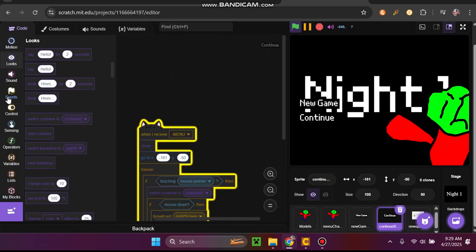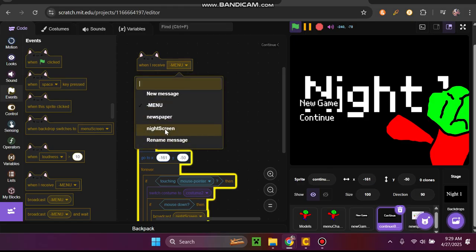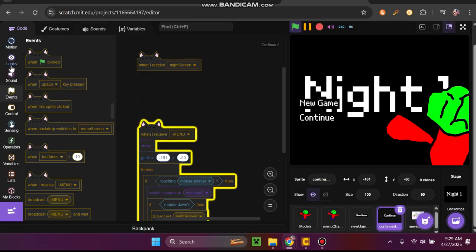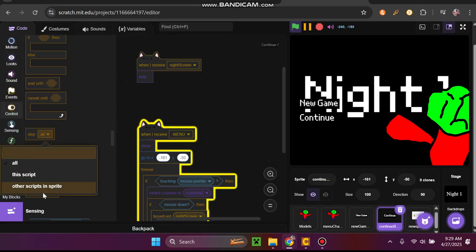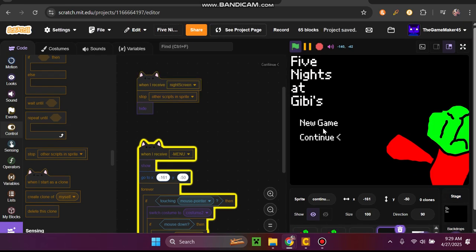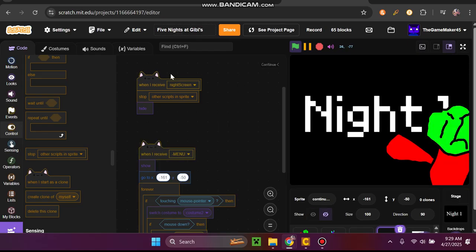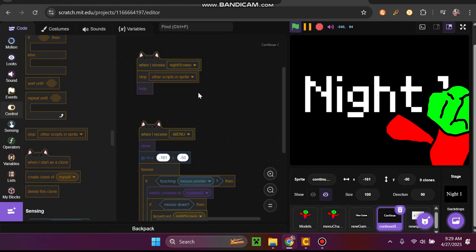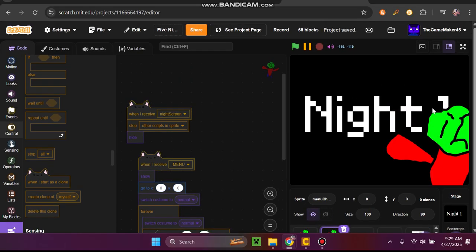But we haven't made it so that it's hidden. So let's do when I receive night screen. Actually, we can hide. Then stop other scripts in the sprite. Now what you want to do is drag this into that and that. So then, look. Boom. Night 1. Also, don't forget to drag it into here. So then, when night screen appears, then